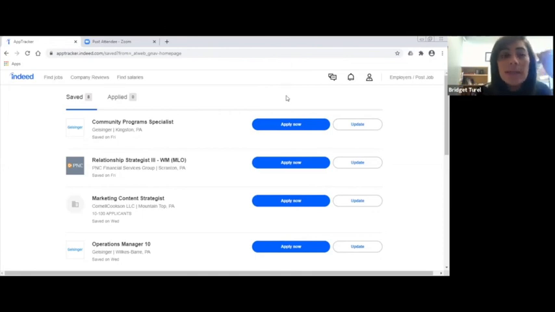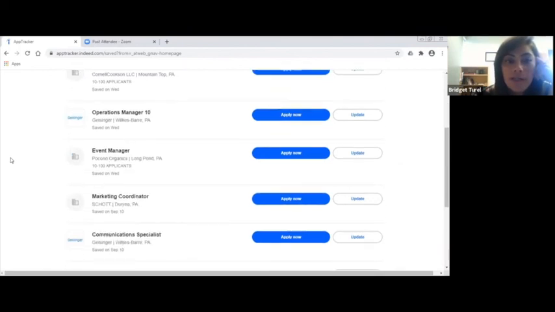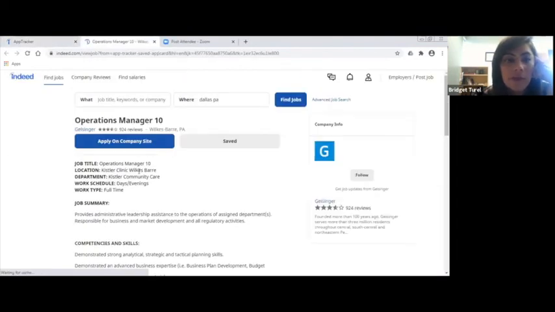So some of the things that popped up were community program specialist for Geisinger, okay, a relationship strategist for PNC Financial Services Group in Scranton, a marketing content strategist for a company called Cornell Cookson in Mountaintop that manufactures doors, and an operations manager for Geisinger. And I'll open this one just so you can see